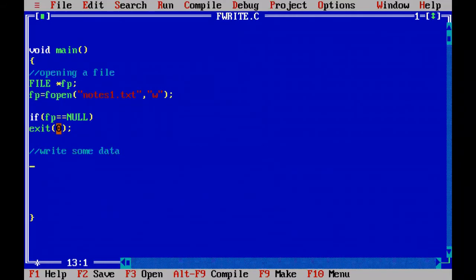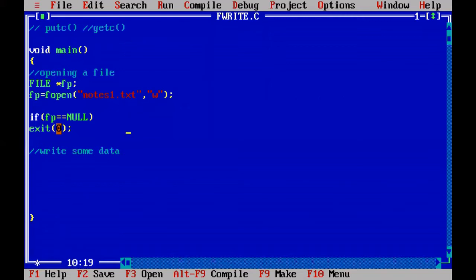Which functions do we have to use? First, let me discuss the character by character functions. In this particular program, I am using getc and putc functions.